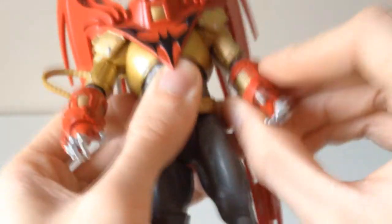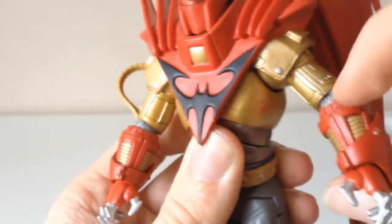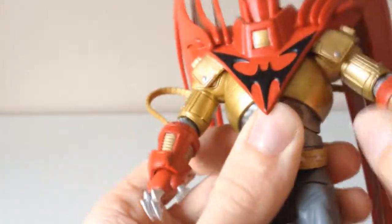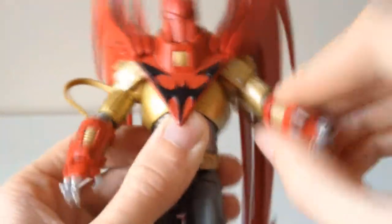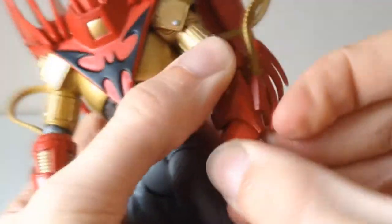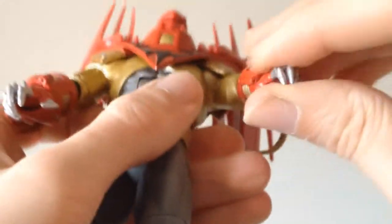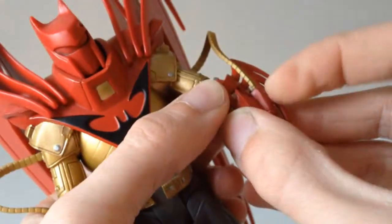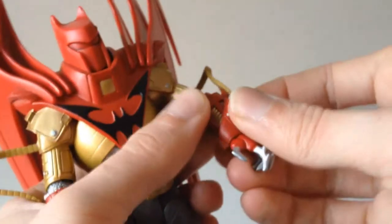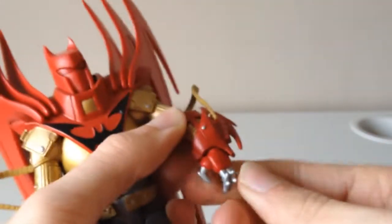You can move them out, and then you have no swivel at the bicep because it's actually right at the bottom of the bicep, near the elbow, which is kind of a ball swivel socket, whatever you want to call that. And then you have not quite 90 degrees, but it is there. And then you have on the wrist some movement, but you can only turn it so far really. It's enough though. You're not really going to want to force it around, are you? Why would you need him to do that? And then the actual bit that this connects to, the ammo belt thing, that's sort of rubbery and can rotate on there, so you can put that where you want. And then the hand does have a slight up and down,